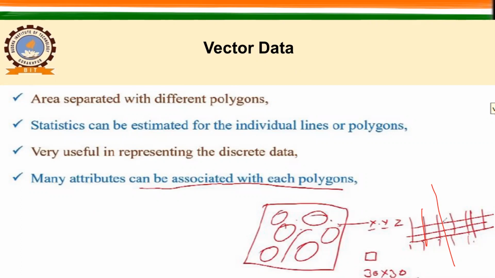But in the raster data, it will be difficult because in the raster we basically have pixels, and the pixel size may be 30 by 30 meter or 2 by 2 meter or 0.5 by 0.5 meter. So the information which has been collected from the field may not be for the 30 by 30 meter or 2 by 2 meter or 0.5 by 0.5 meter. So in that case, you need to pinpoint where exactly this data has been collected. So in that case, vector is very good. So now coming to more about the vector data.